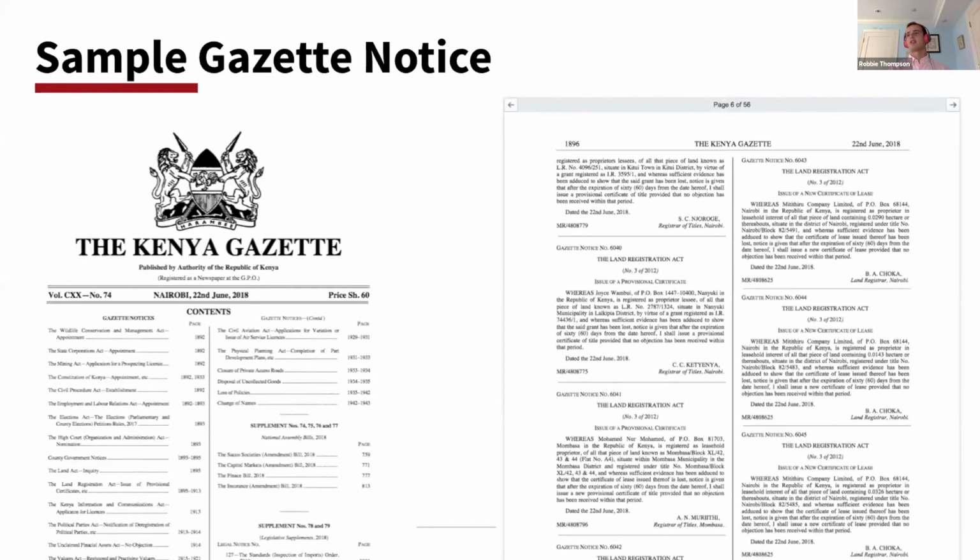So on the right here is a sample page of a Gazette. I'm going to draw my mouse here around one little block of text, which I'm going to refer to later as a chunk or a notice or a segment. Each of these notices stand on their own, so we want to look at them in isolation.